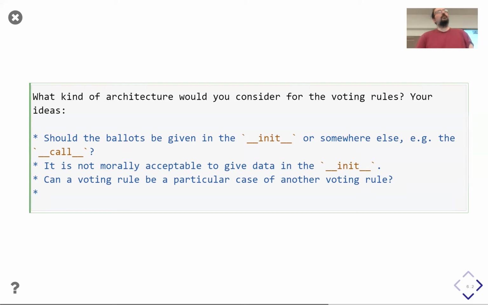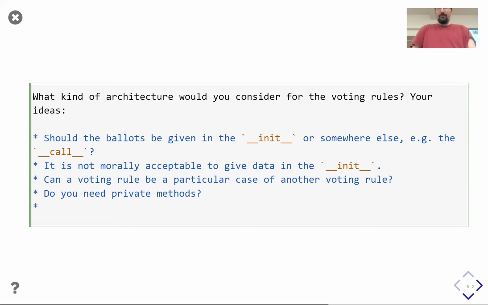So it depends on that whether you want to use a function or a class. I'm not sure. If you have the need for private methods, then you want to use a class. I think he says maybe a function is enough to do that.